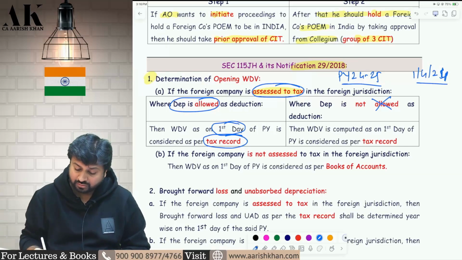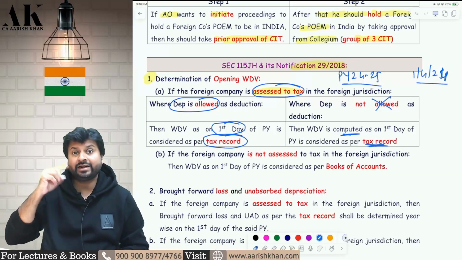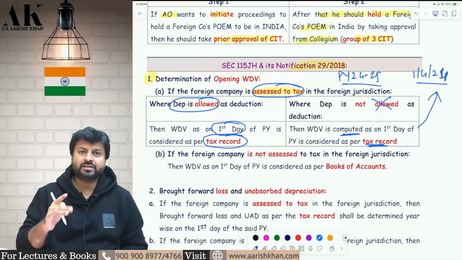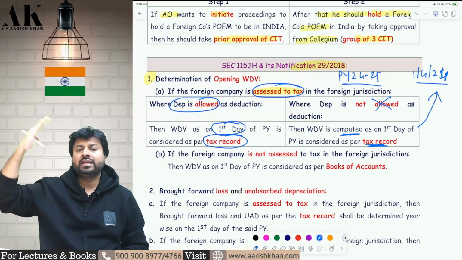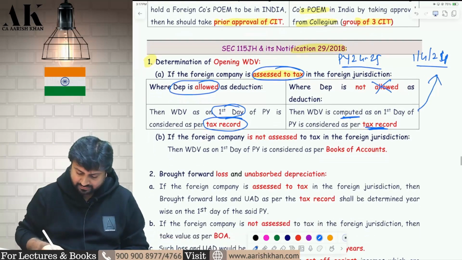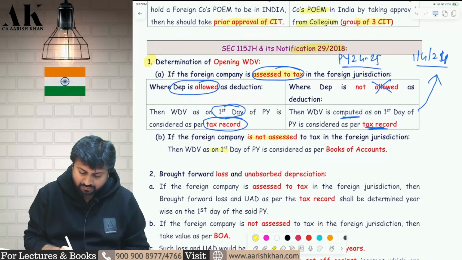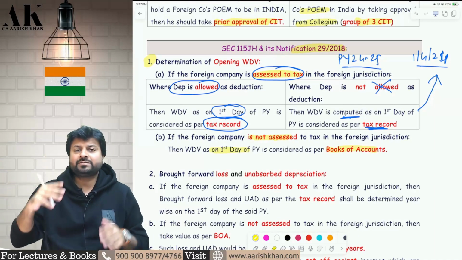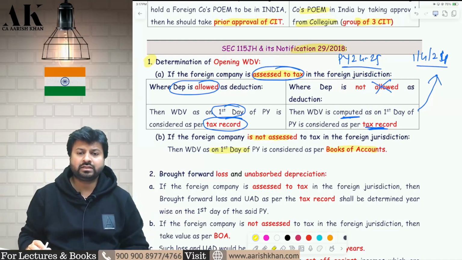Then we need to compute the WDV as per the tax record of that country as per 1/4/2024, and that will become the WDV in the income tax law, and you can claim depreciation in the current year. Third possibility, if there is no tax over there, then you need to take the WDV on the first day as per the books of accounts of the foreign country, and not as per tax,